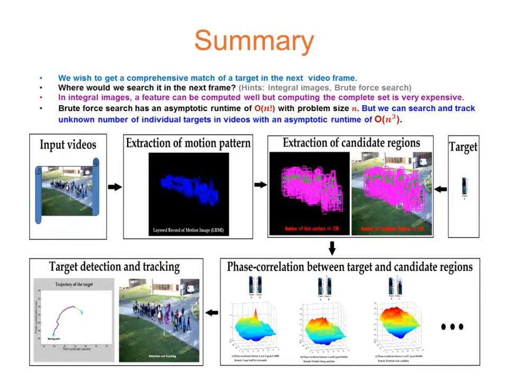Suppose that we wish to get a comprehensive match of a target in the candidate frame. Immediately a common question will come to pass. Where will we search the target in the candidate frame if the candidate regions are not known to us? One possible answer would be the integral images, which will allow for very fast feature evaluation, but computing a complete set is extremely expensive. With problem size n, brute force search holds asymptotic runtime of O of n factorial, which